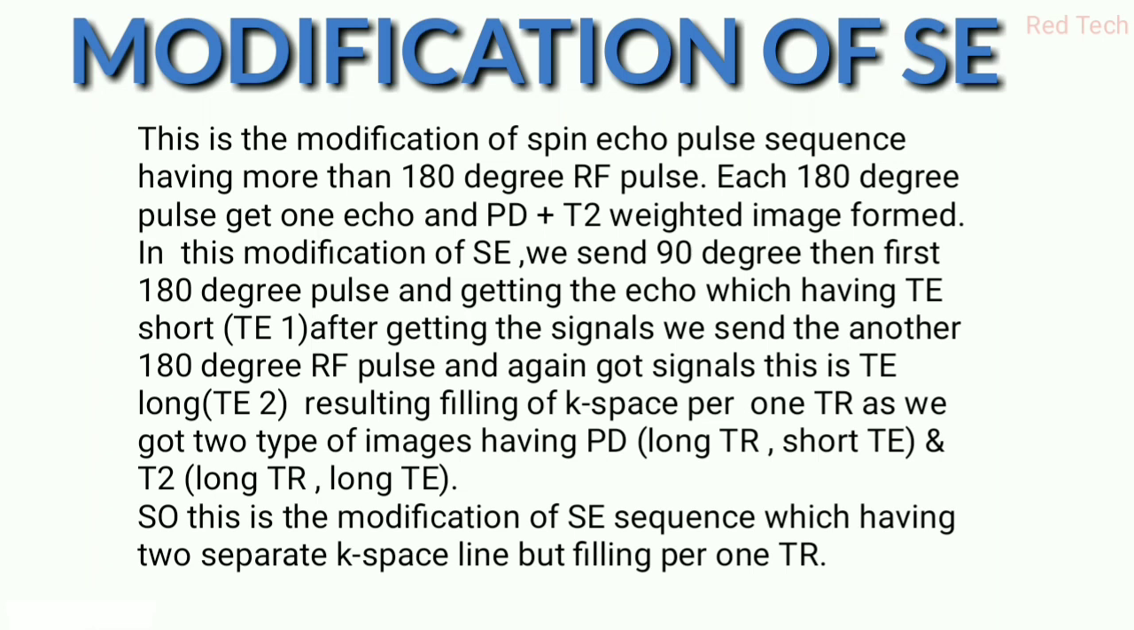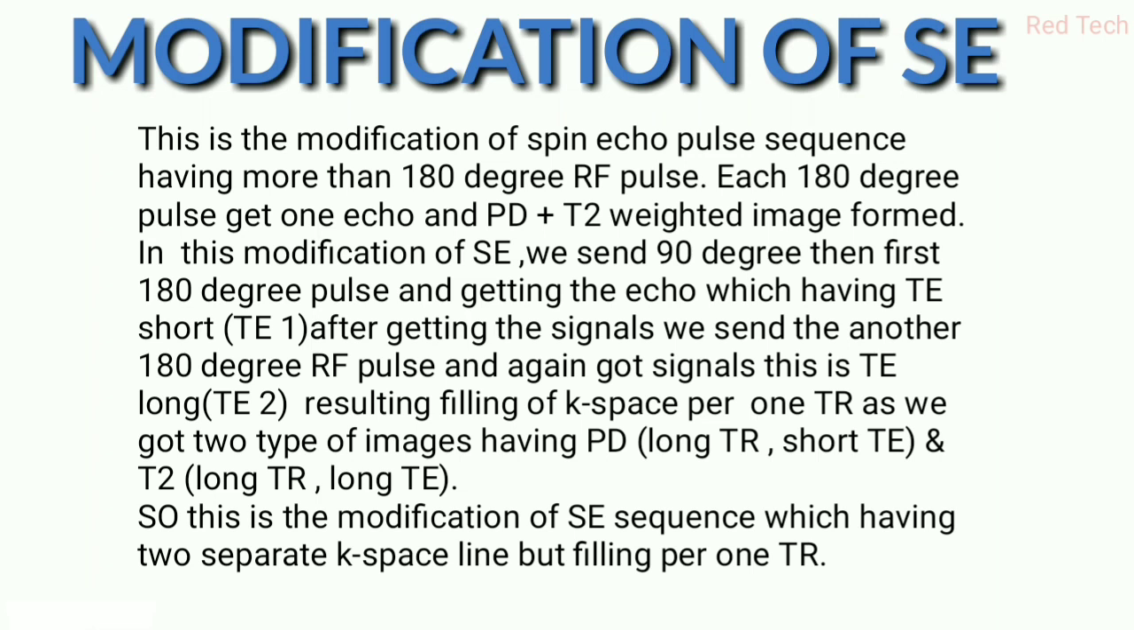So now look at how it is formed. First we apply the 90-degree pulse, then the 180-degree pulse, and then an echo is generated. That echo is the first time of echo, and then another 180-degree pulse is applied, and by that also an echo is received. So we acquire the time of echo 2. So basically in this we fill the k-space at one time, a single time, and the image formed is